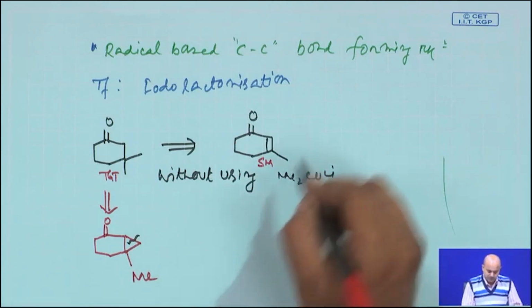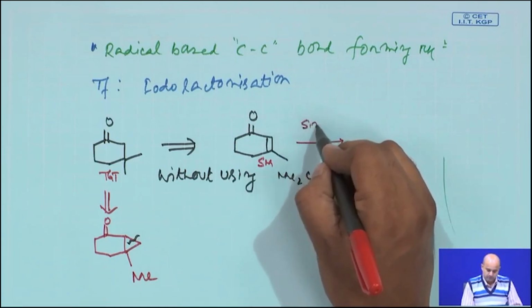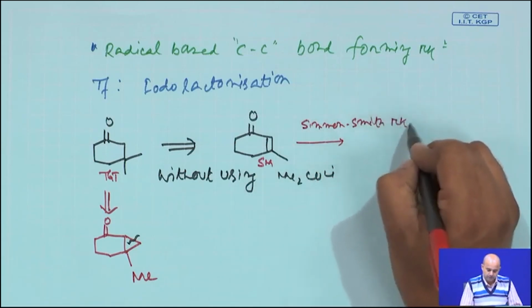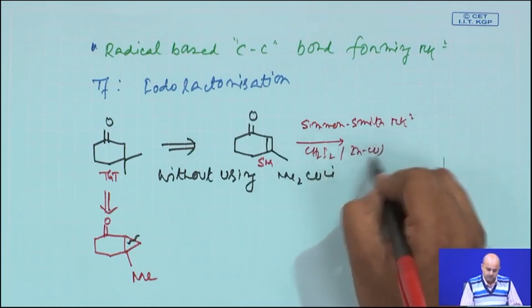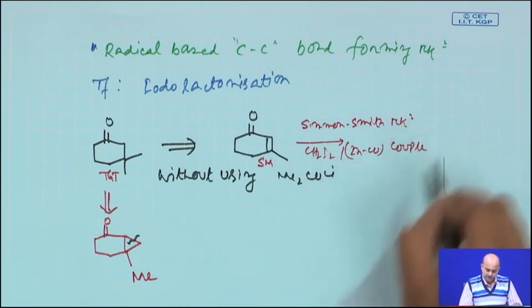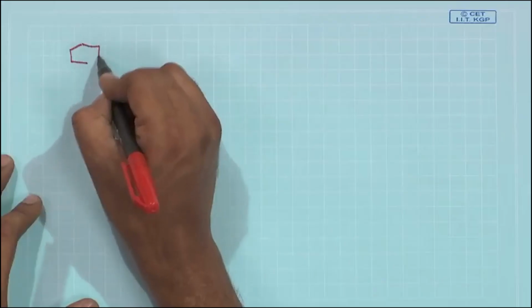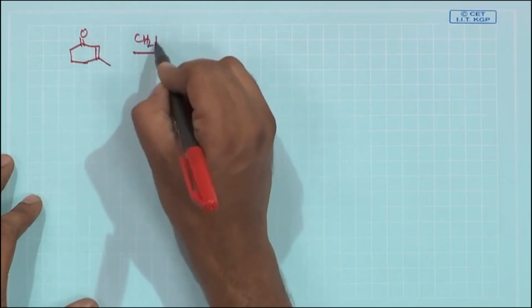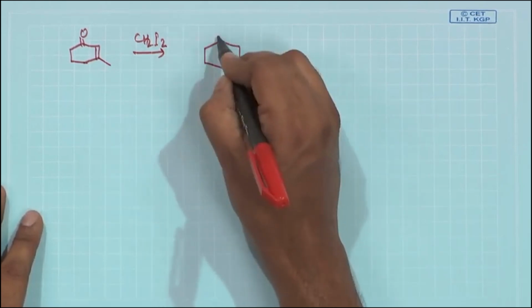So, first your starting material was given here, you do a simple Simmons-Smith reaction, which is known to you, CH2I2 zinc copper couple, right. So, basically what you get here we will explain in the next slide. So, first you get this compound, do a Simmons-Smith reaction, or even you can do a carbene addition. So, Simmons-Smith you will basically get